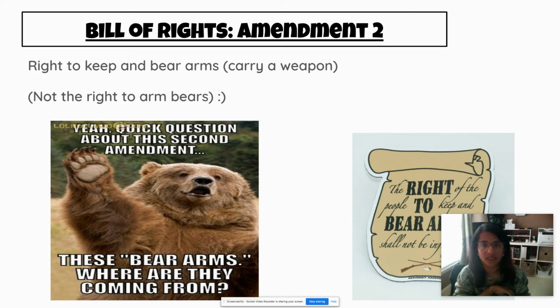And this amendment has just stayed on. So people do have the right to bear arms, which means they can carry a weapon. Now, they can't just go around shooting things. Obviously, there's a responsibility. You have to sign up for it, you have to register for it. There's a background check involved, at least for the people who are doing it the right way. So there's a lot of responsibility that goes into it.